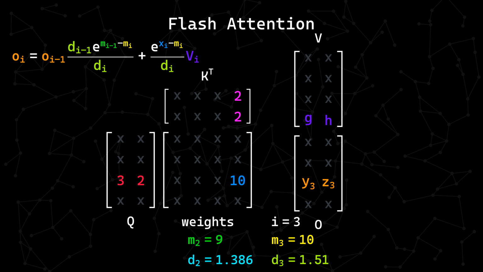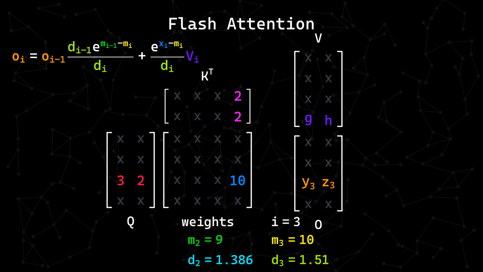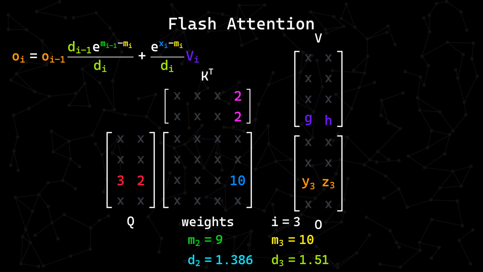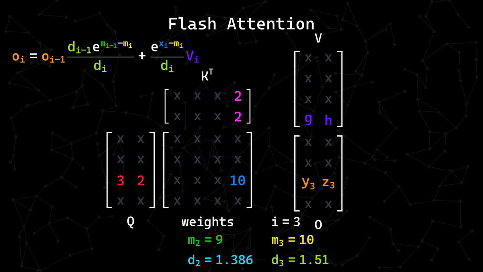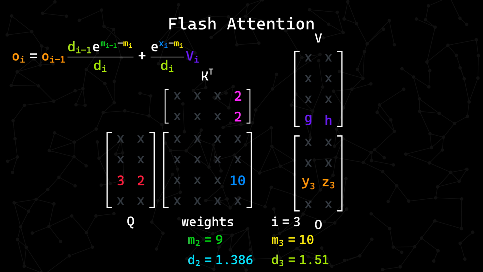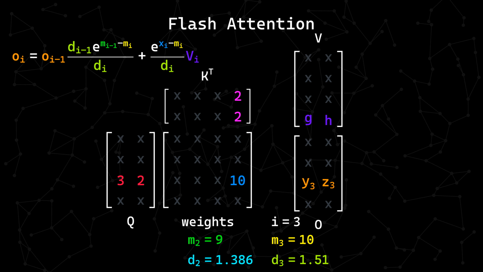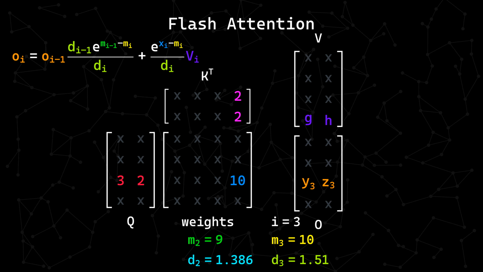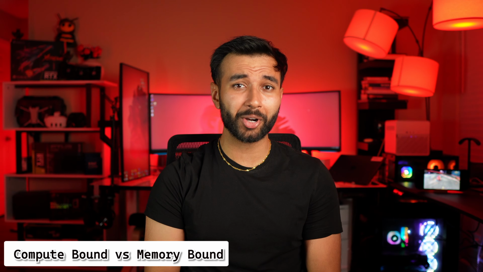But remember why we went through all of this pain. The weights matrix was never fully materialized. This means at any given point, we only needed one value from the weights matrix along with our 2 running buffers. You might be wondering though, Sorish, it literally seems like we're doing more math operations than the original.